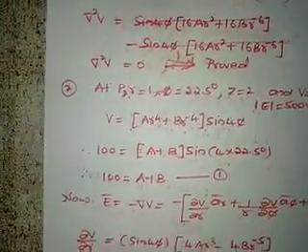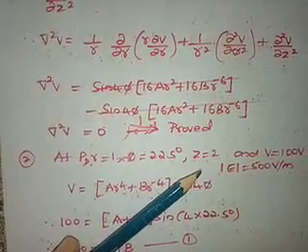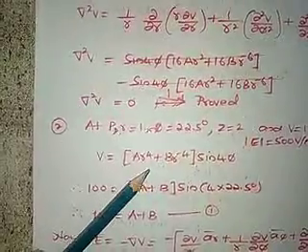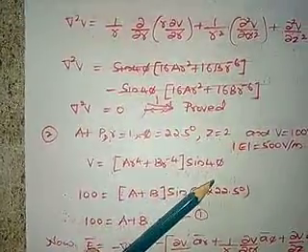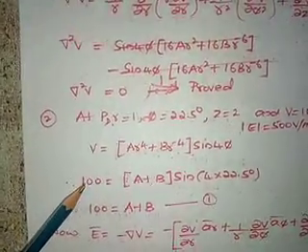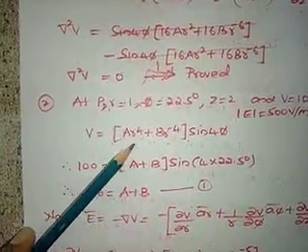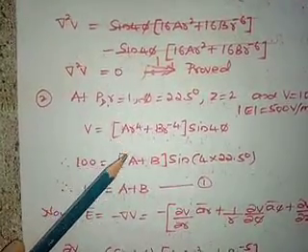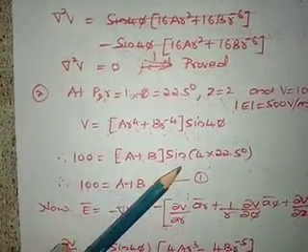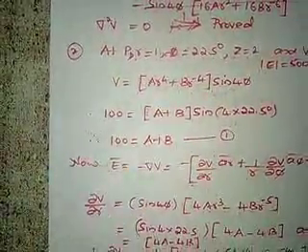Second part of the problem. At the point P they have given r equal to 1, phi equal to 22.5 degree, z equal to 2, V is given 100 volts and E is 500 volt per meter. The given equation is V equal to AR raised to 4 plus BR raised to minus 4 into sin 4 phi. Substitute the value of V, right? They ask to find the values of A and B. V is given 100 volt, that is equal to, R is also given, so AR raised to 4, 1 raised to 4 is 1 only. Similarly 1 upon R raised to 4, that is 1 only. So A plus B into sine of 4 into phi, phi is 22.5 degree. So we get 100 is equal to A plus B.